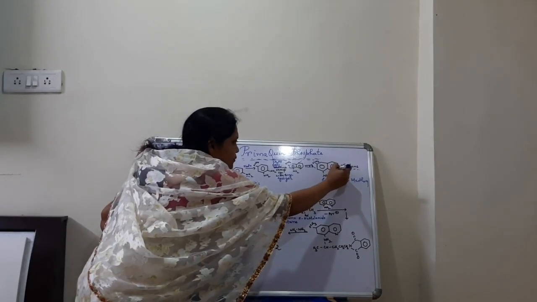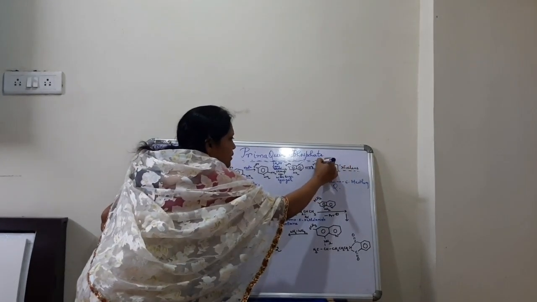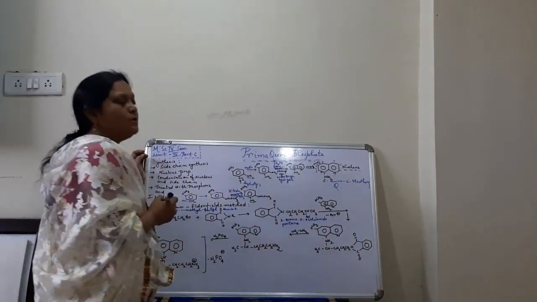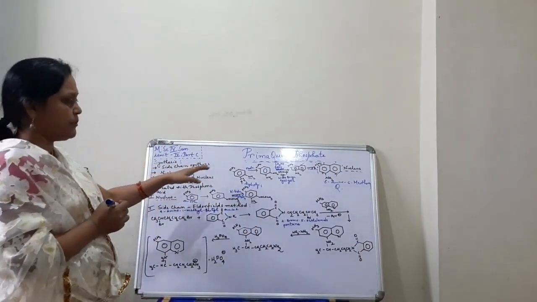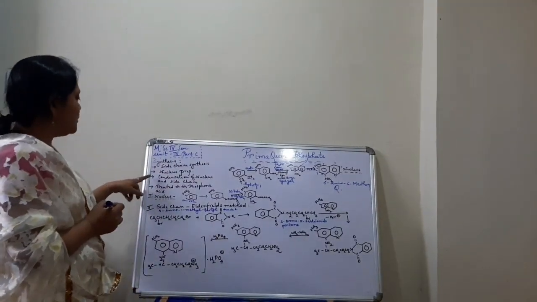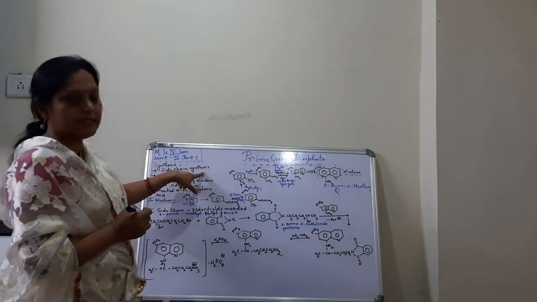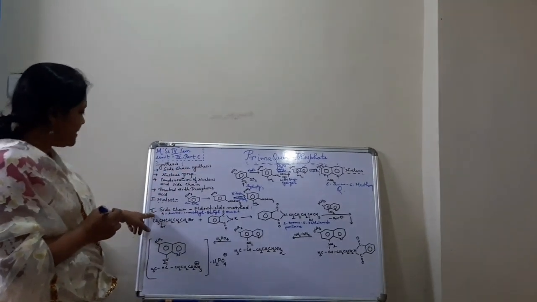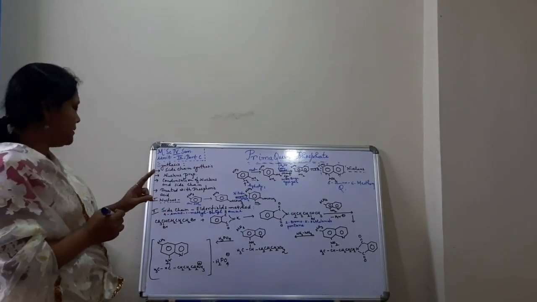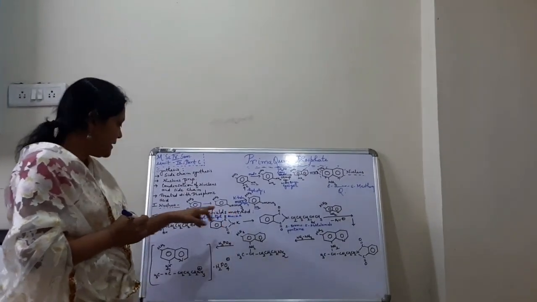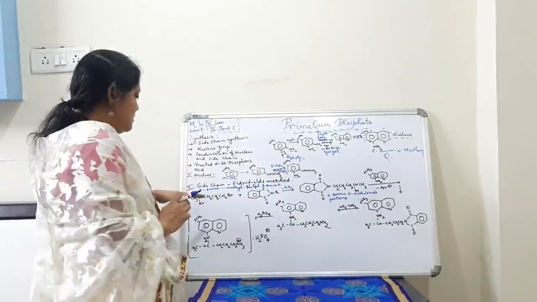Numbering starts from here 1, 2, 3, 4, 5, 6, 7, 8. So 8-amino 6-methoxyquinoline, the preparation of nucleus. Okay. Now the second step, the preparation of side chain synthesis. Side chain, as I have told you, there are 2 methods. First method is Elderfield's method. In this Elderfield's method, the starting